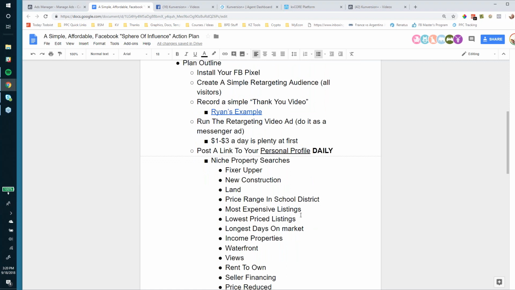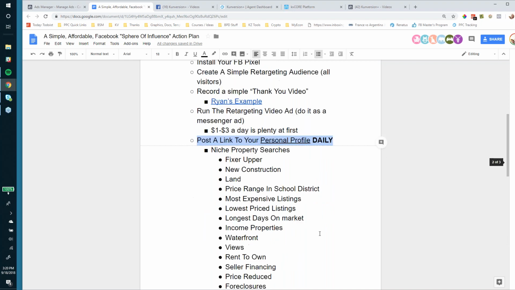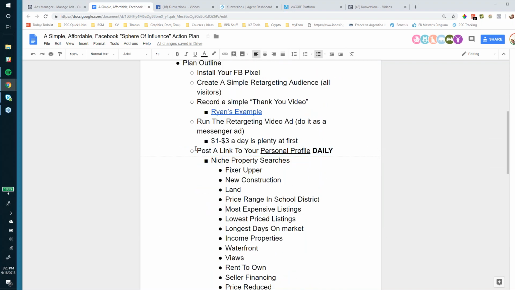We are prepared to go. We know that if we start driving traffic to our site using the methods I'm about to share, then we have some insurance and follow-up built in, in addition to what Core and Conversion Plus do. Now, the next part of this plan is extremely simple, and I wish it was more complicated, but it really is easy. You're going to post some kind of real estate link